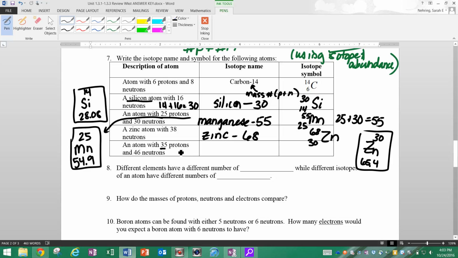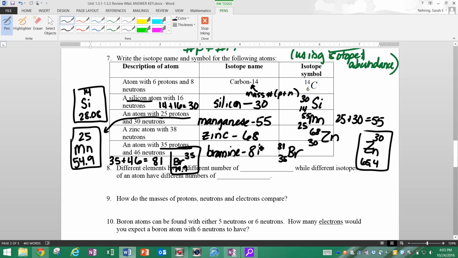Okay, an atom with 35 protons. Let's see, that looks like bromine. So bromine, it has a 79.9 underneath it. Okay, that's what bromine looks like on the periodic table. Okay, so bromine has 35 protons. And in this case, it's got 46 neutrons. So the mass is 35 plus 46. That adds up to 81, if I'm doing my math right. So my mass number is 81, and the name of it would be